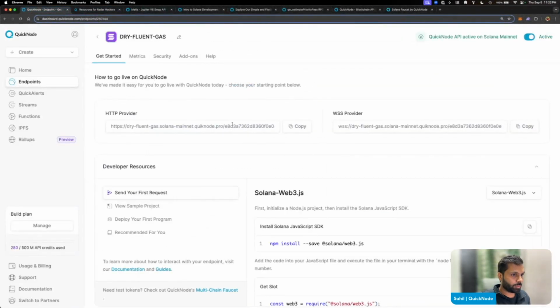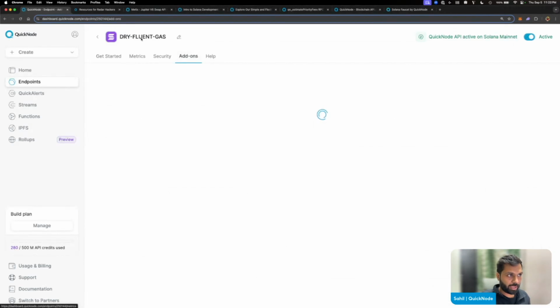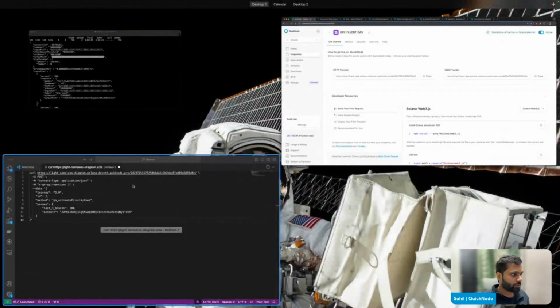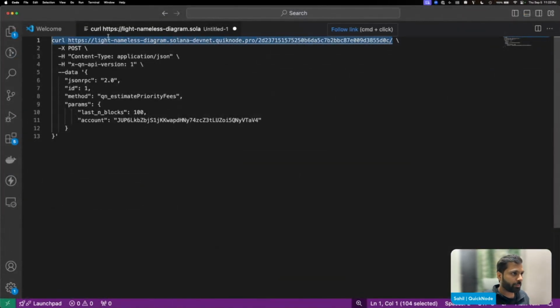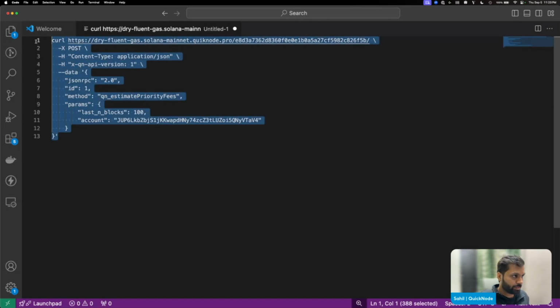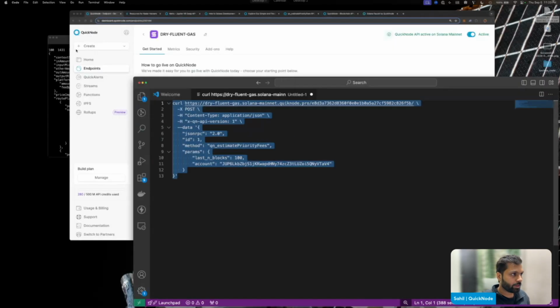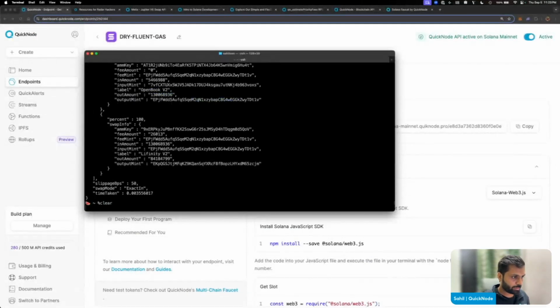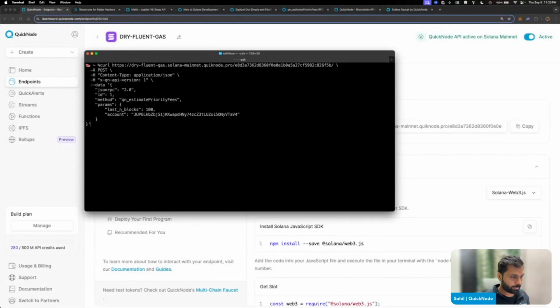I already have that priority fee API installed on my endpoint, which is this endpoint. That's how I can use that. If I go back, I'll just have to replace this because that was a devnet endpoint and we want to check for the mainnet. So if I copy this, let me just clear this, paste the